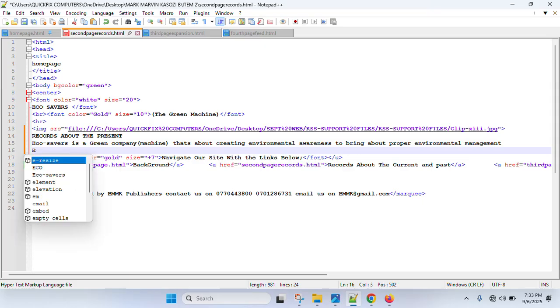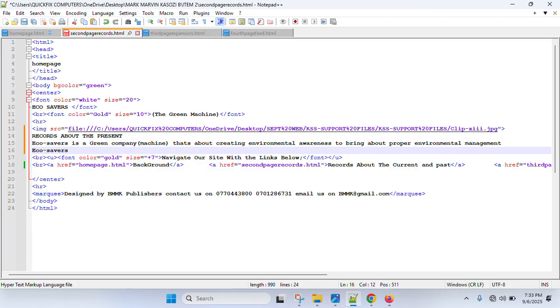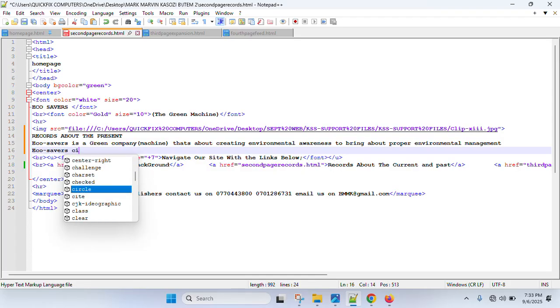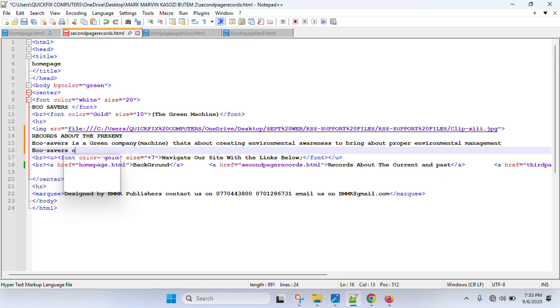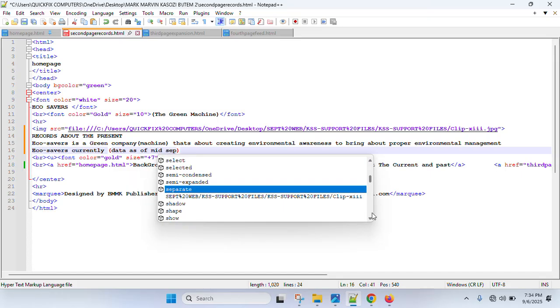So, EcoSavers are currently, because the information is about records of the present, so I said EcoSavers currently, in brackets, data as of mid-September 2025